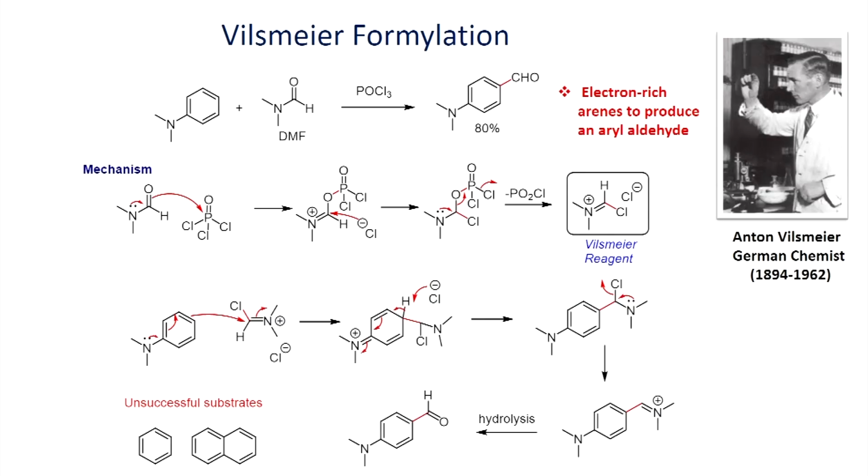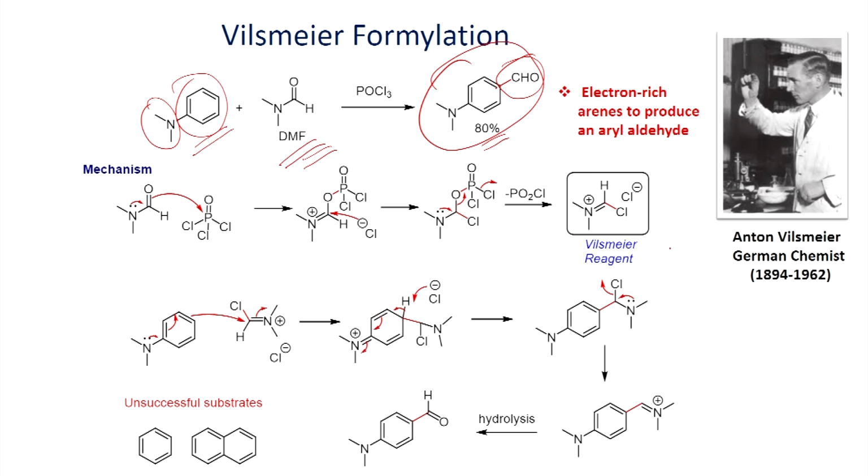Here the Vilsmeier formylation is shown. If you look at this reaction, if you have an aromatic system having a dimethylamino substituent, that kind of substrate can readily undergo reaction with dimethylformamide in the presence of phosphorus oxychloride to give the corresponding aldehyde as a product. In this case, the formylation takes place at the para position. You can see here the yield is reasonably good. This reaction also works very well when you have an electron rich aromatic system. If you have an electron donating group, the reaction can be facilitated.